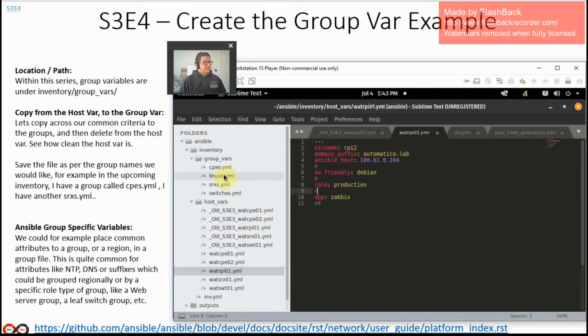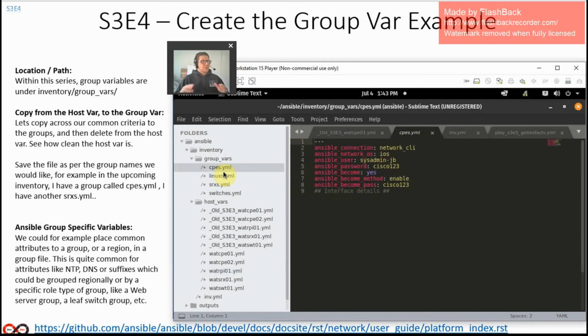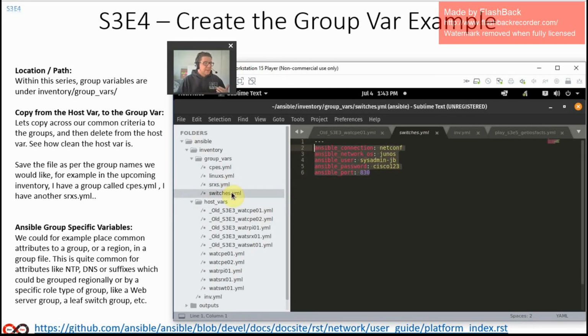So that is excellent. So inventory group vars, cpes.yaml. I've taken some common criteria out. Group vars, linuxes.yaml. Again, same story. SRXs, I've taken out the common criteria for SRXs, and for my two switches I have here, I've taken that